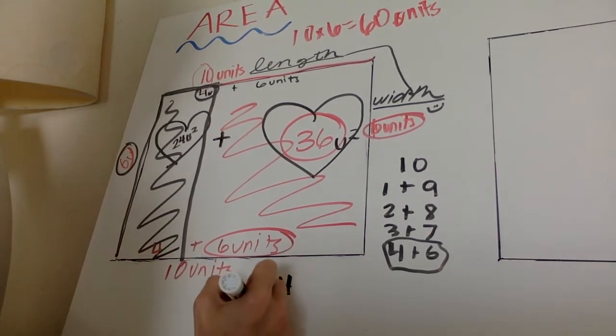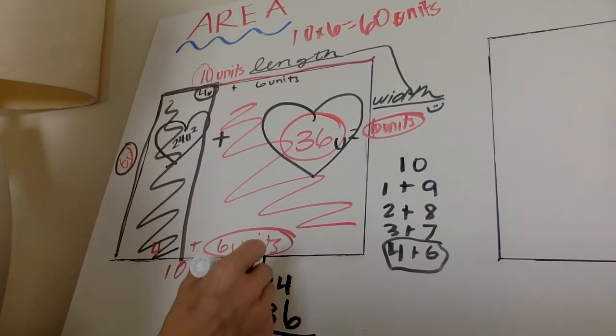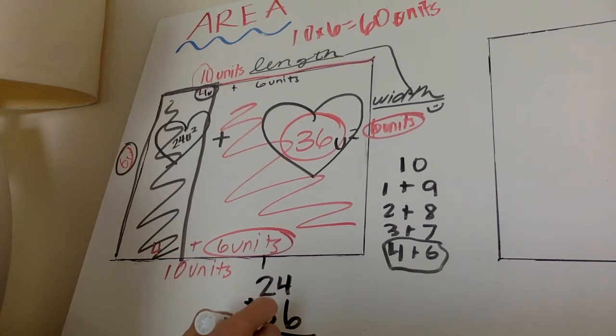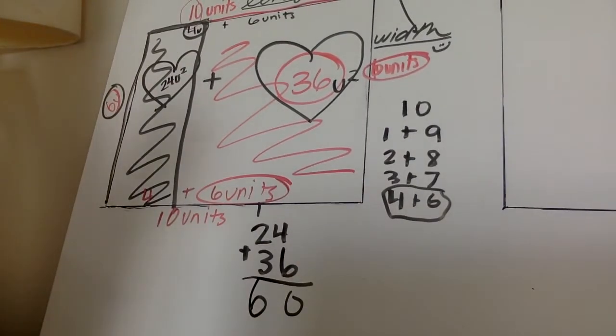24 plus 36. 4 plus 6 is 10. 2 plus 1 is 3, plus 3 is 6, so 60. Oh, you probably can't see the 60. Let's double check our answer by